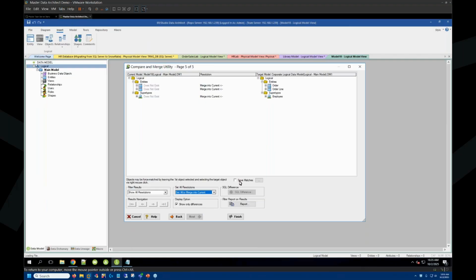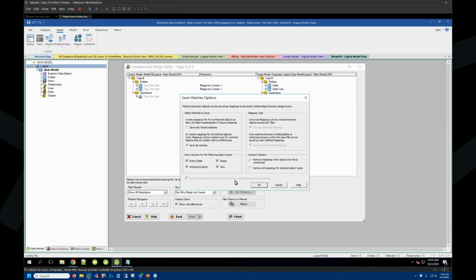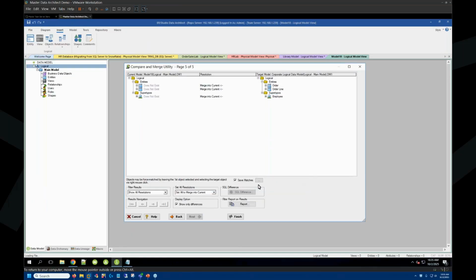Everybody misses it. It's called Save Matches. So if we click that, we get a little dialogue here. Typically saving all matches is there, but there is a lot of functionality here that you can dive into. Typically taking the standard options is the way to go there. And I'm going to say okay, it's going to save those matches. And now if I hit finish,